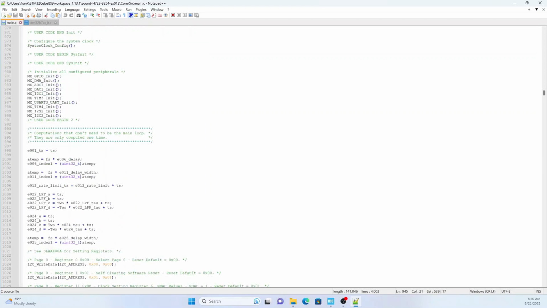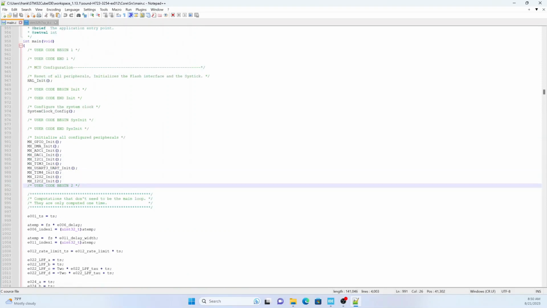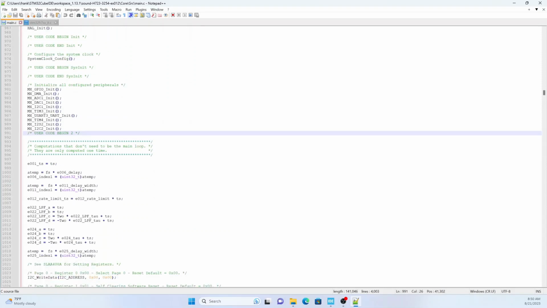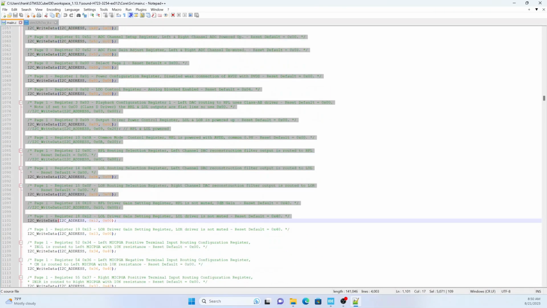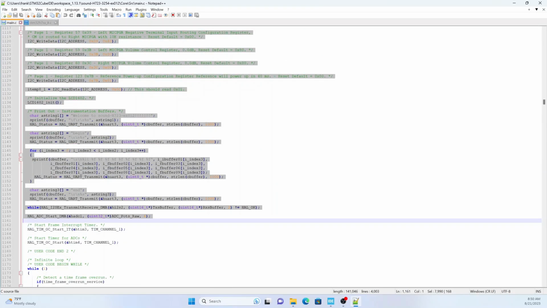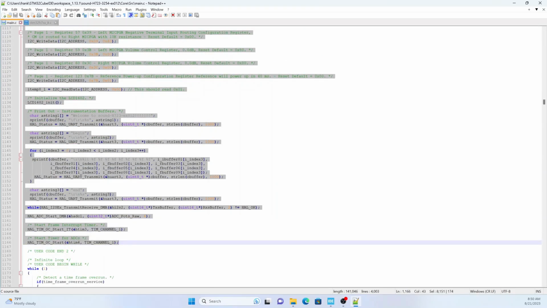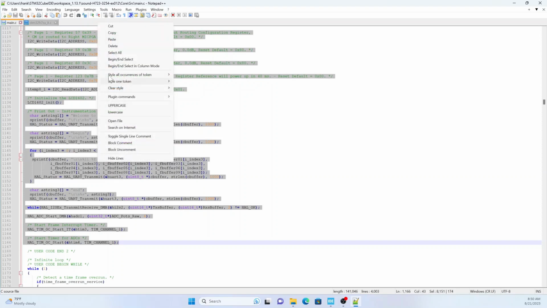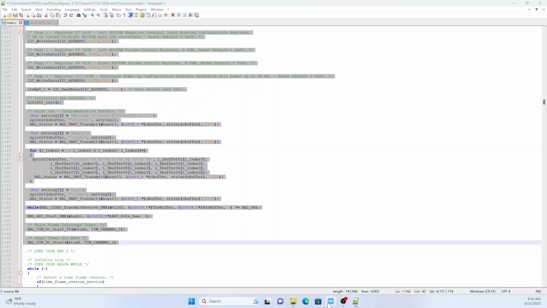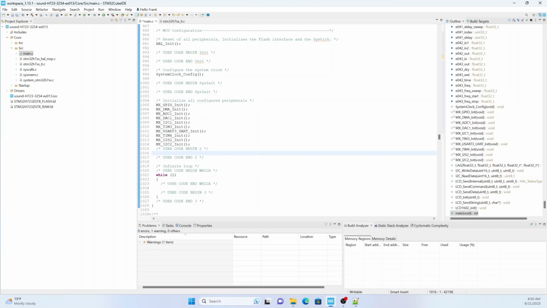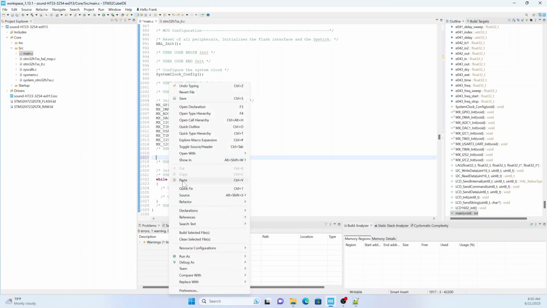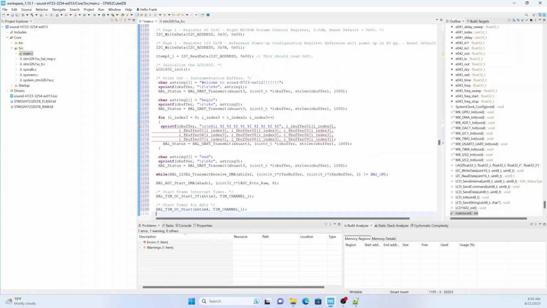And the next section is user code 2. So that's getting into just after the main start. So this is the stuff that runs on initialization. So I'm going to get that, and that's where it ends. So I'm going to copy that, and we'll paste that in. So we're looking for user code 2, it's right here. So I like putting a space in there, and then I'm going to paste that in, hit paste, and I'd like to add another